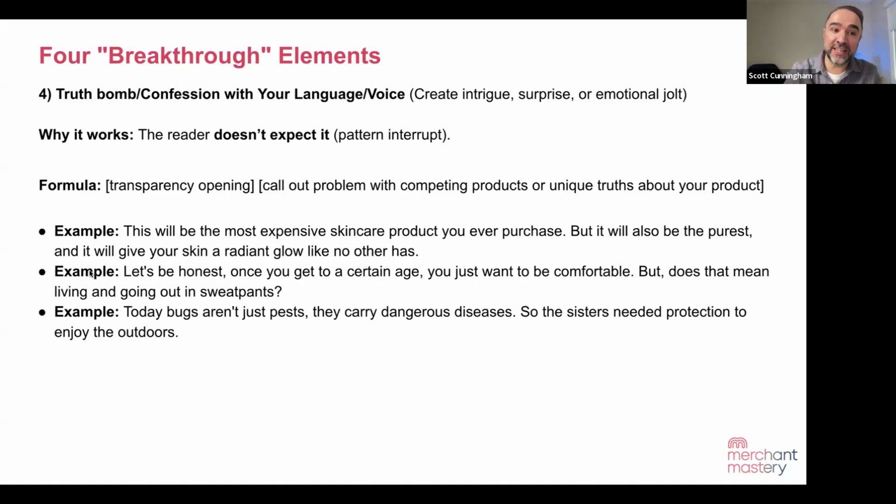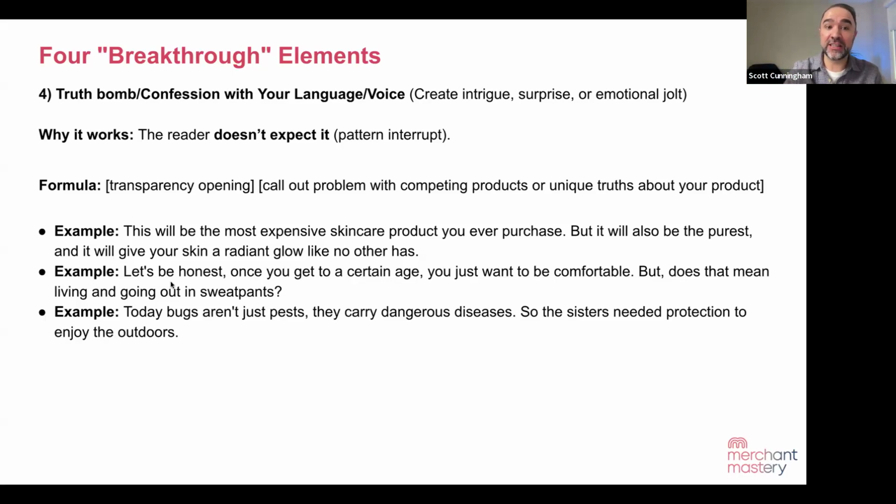Okay, so the next example is one that I wrote with a member in Merchant Mastery. It's Natasha Cruz. She has the one size magic pants. That's actually what they call them in Italy. Magic pants. One size fits all. Doesn't matter what size you would use. It's one size fits everybody magically, and they're pretty phenomenal.